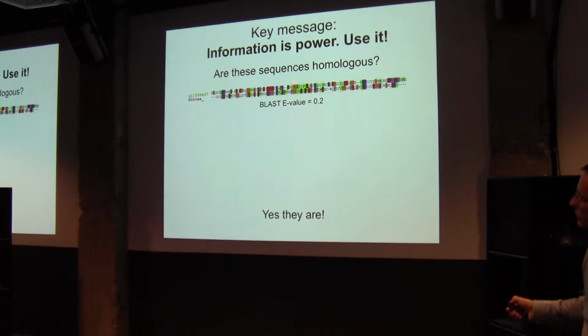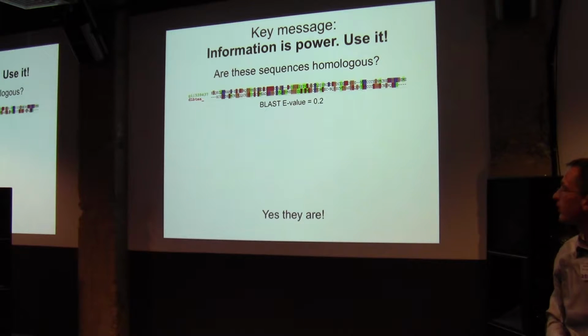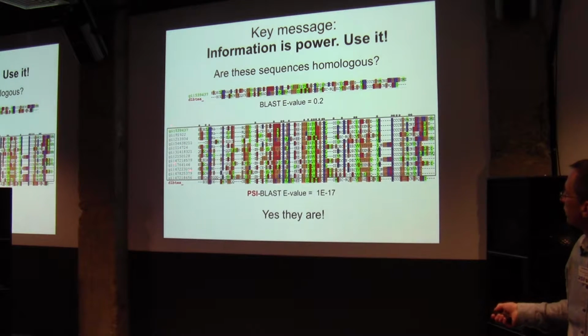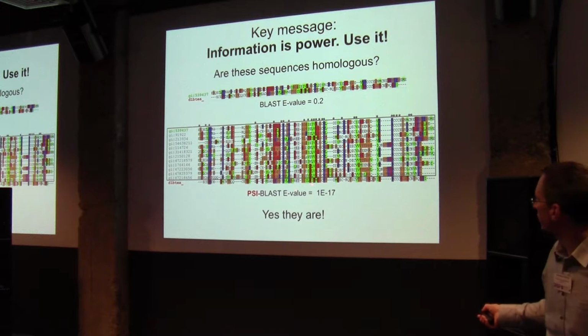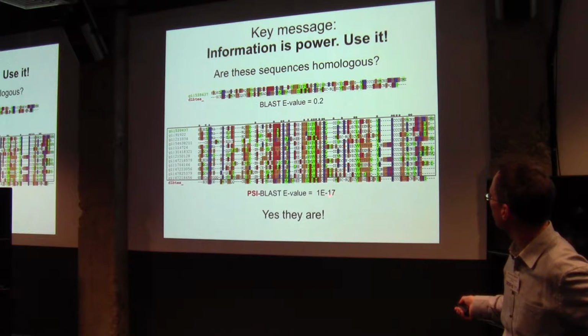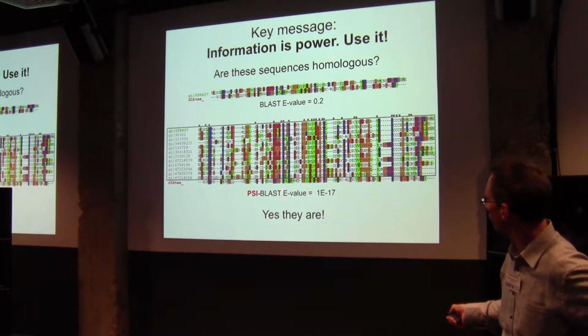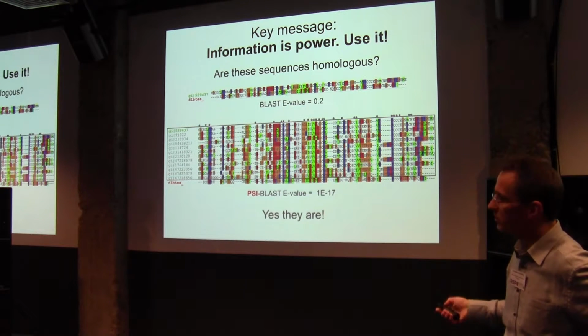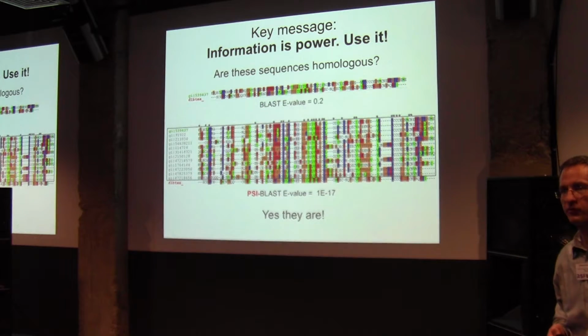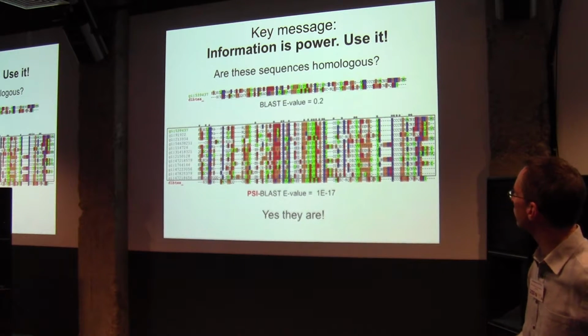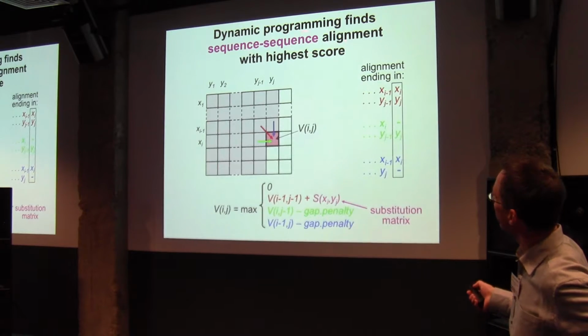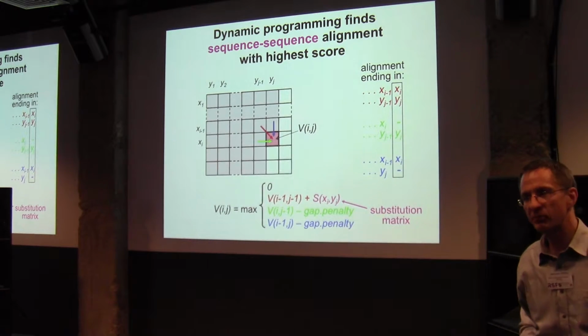When you first take the green sequence and do one search through the database, you get this alignment. When you now recalculate the score for this alignment with this sequence, and I'll tell you how to do that, you get an e-value of 10 to the minus 17 all of a sudden. This e-value is not really significant enough to believe the hit, but this certainly is. So just by adding a few sequences, you get an enormous amount of significance in addition. So information is power, and this is actually true everywhere in bioinformatics.